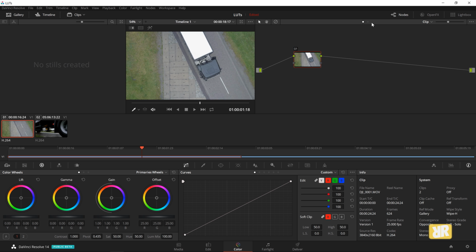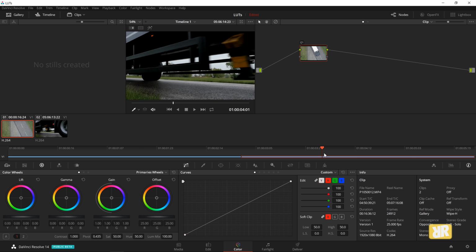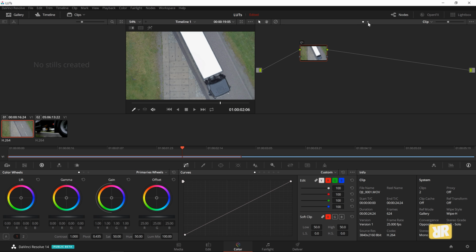Right above our nodes, we find these two dots. The first dot shows us the node setups for our individual clips. And yeah, we could apply a LUT right here, but that wouldn't affect the second clip. But if we switch to the second dot, now we have access to the whole timeline. No node there. Alt S to add a serial node that's connected automatically. And now we can right click here and